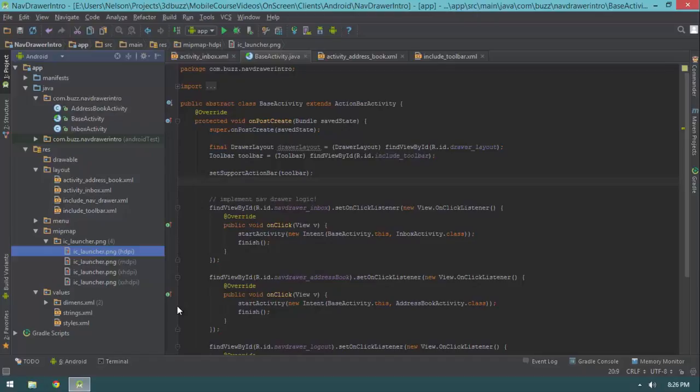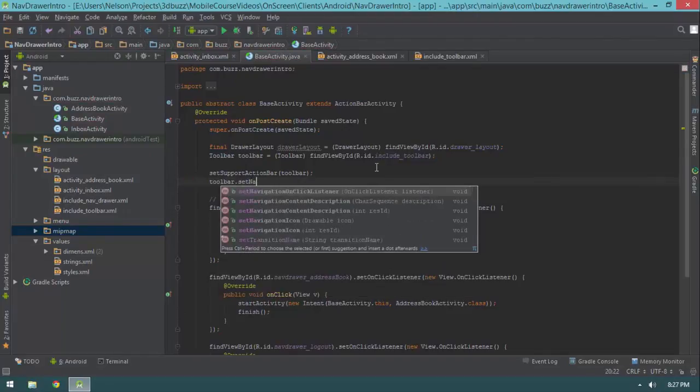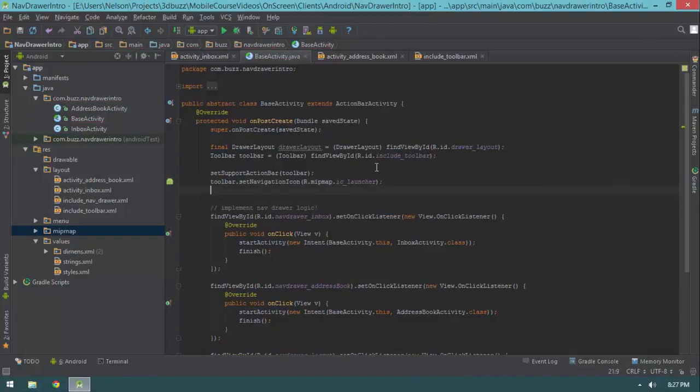But in this video, in the interest of time, I'm just going to go ahead and use the IC launcher as the button on our toolbar that expands our nav layout. It'll be ugly, but it'll be functional. So what I'm going to do here is I'm going to say toolbar dot set navigation icon, and I'm going to set it to r.mipmap.ic_launcher. Okay, so that'll make a button appear on our toolbar that we can click, and it'll be that particular